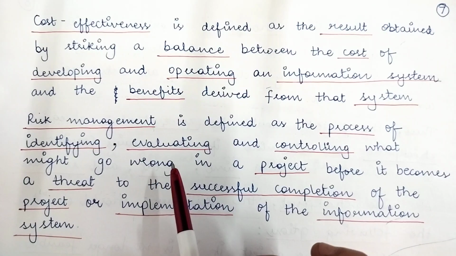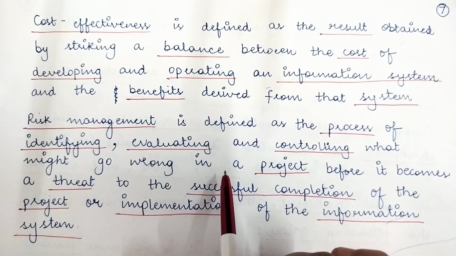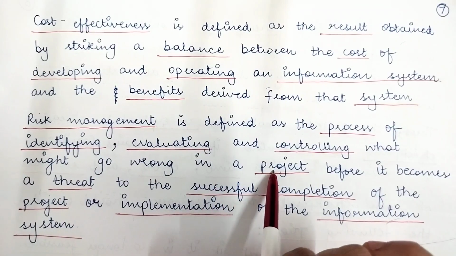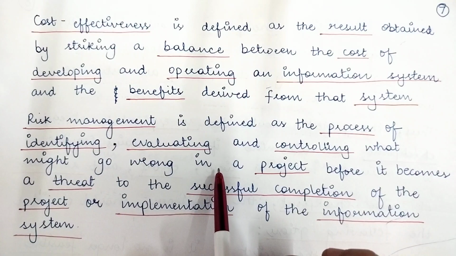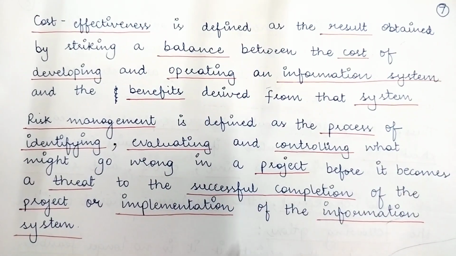You will evaluate each and every possibility which can go wrong during the development of the project if you choose this particular solution. And you should also know that if these things go wrong, whether they can be handled or they would become a threat to the successful completion of the project or its implementation of the particular information system. So if you think while evaluating that things that may go wrong can be handled, you can think of choosing